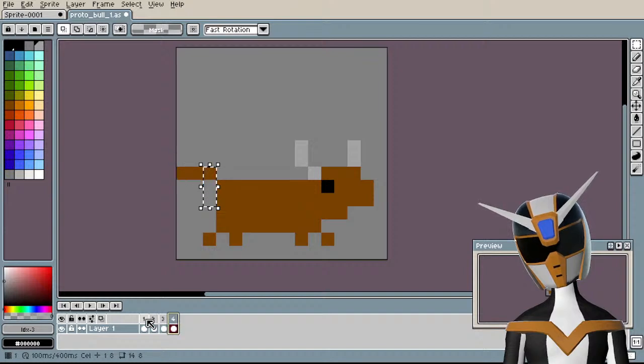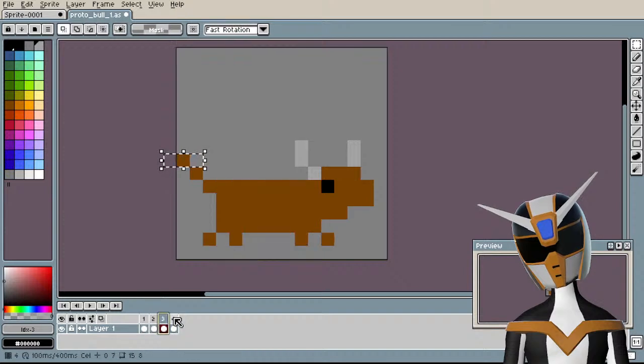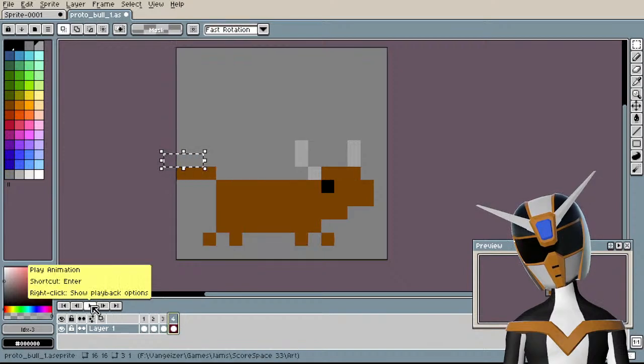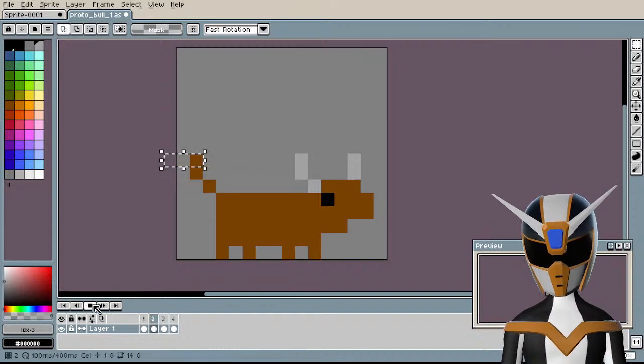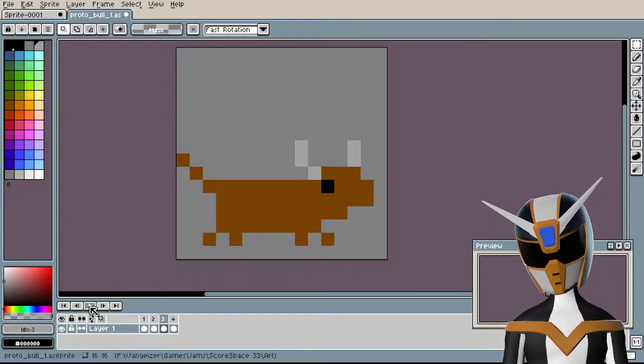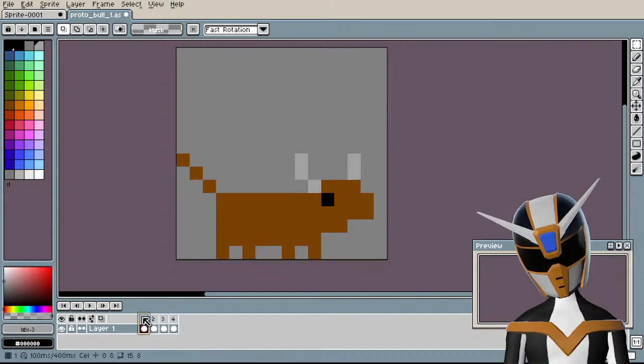And it goes like that, and then the tail's gonna do that. How does that look? I don't know if I like how that looks. Yeah, that looks pretty stupid, actually.